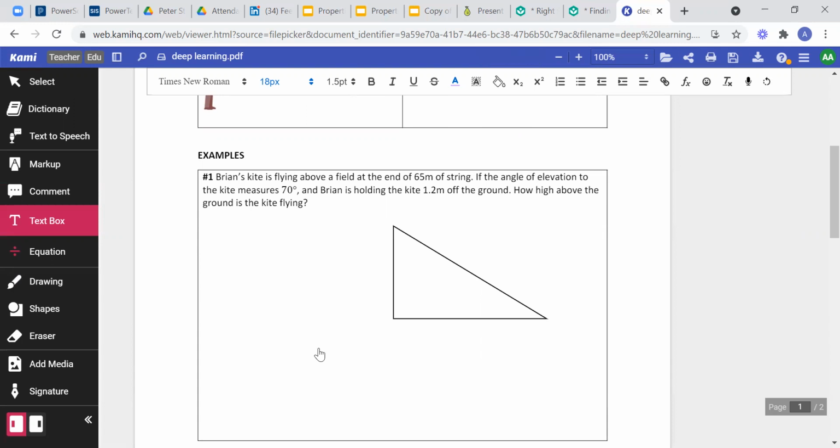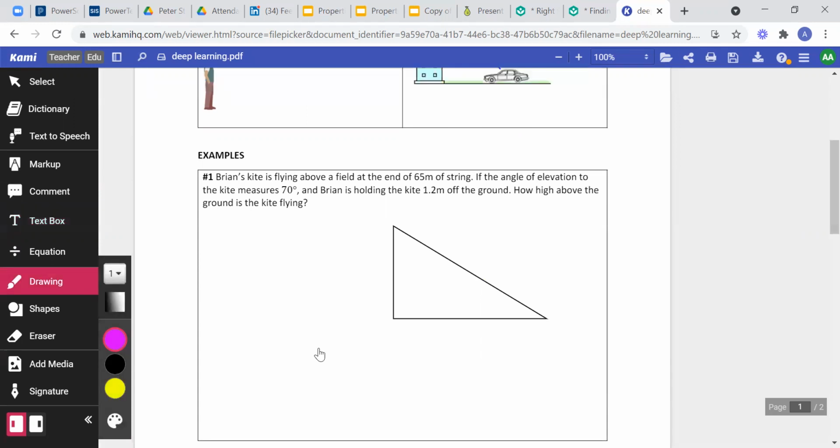I think we've done something like this before, but I'm just going to quickly recall something here. So Brian's kite is flying. If the kite is somewhere here, and then Brian is somewhere here, and the angle of elevation is 70 degrees, and the kite is 65 meters